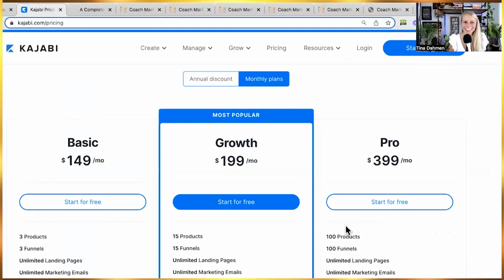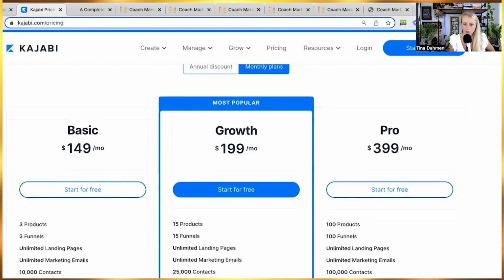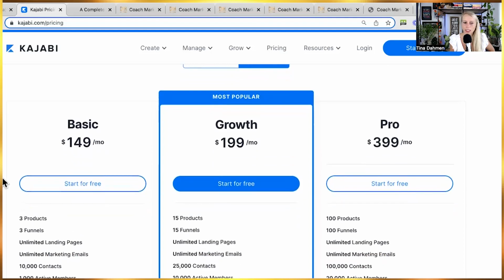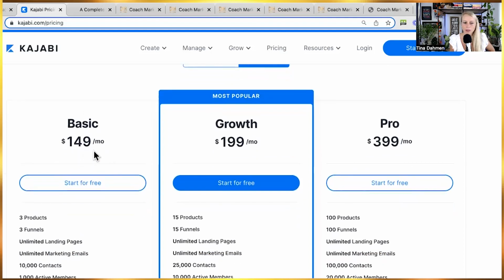All right, so let's get started with the pricing comparison. Kajabi is kind of like an all-in-one platform which does a few things. However, Coach Marketing Hub is also an all-in-one platform which does a lot more things than Kajabi does. So as I said earlier, let's look at the pricing model first. Kajabi has three different plans and we're looking at the monthly fee here. So you can get the basic at $149, the growth at $199, and the pro at